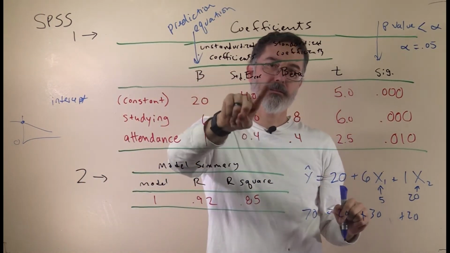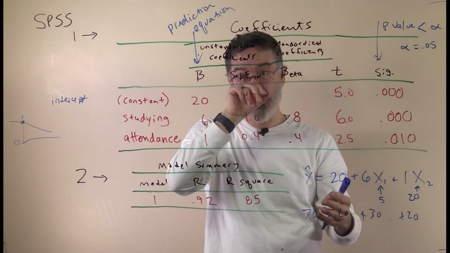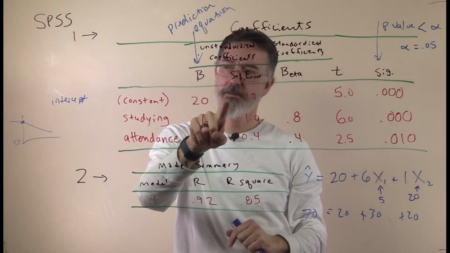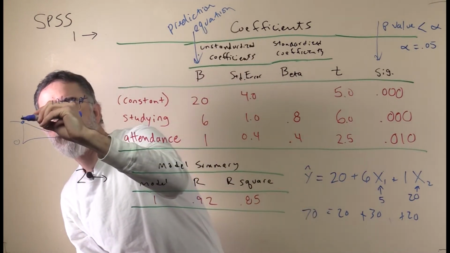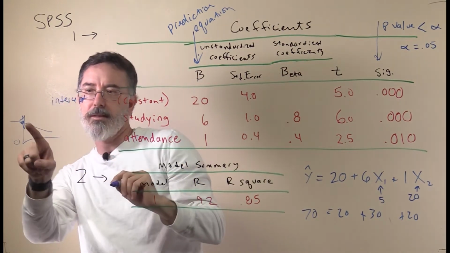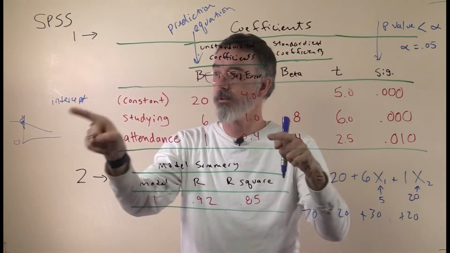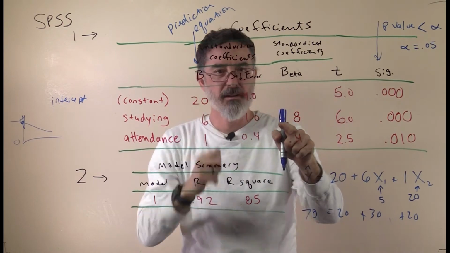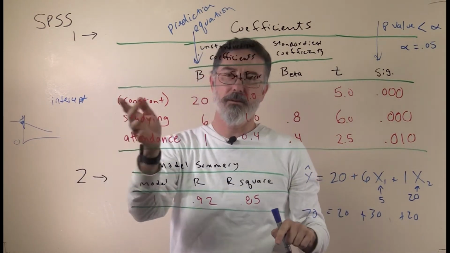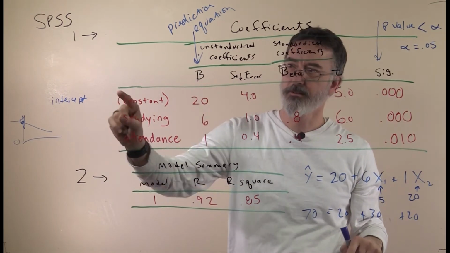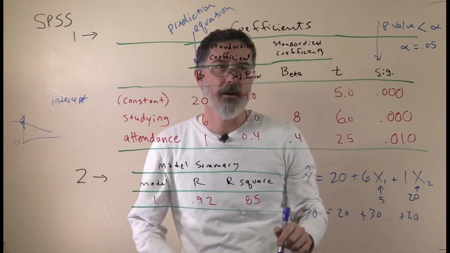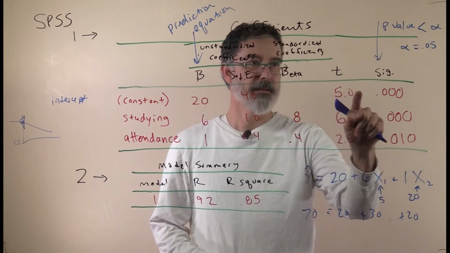The standard errors are the familiar standard errors from all the t-tests that we have done. This is the standard deviation of the sampling distribution. If we draw a normal distribution or something like a normal distribution, that's kind of like what the sampling distribution would look like. That's what these standard errors are. So they tell us how much variability there is for these 2 variables and the intercept. And these usually aren't of interest, but I want to point out that the t statistic, the t value